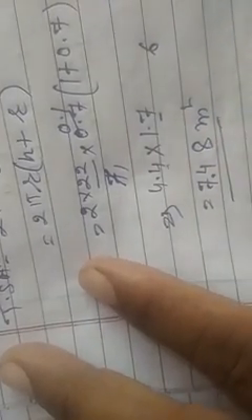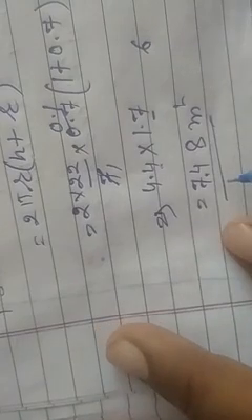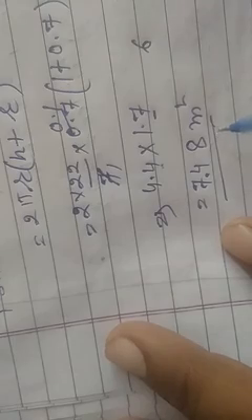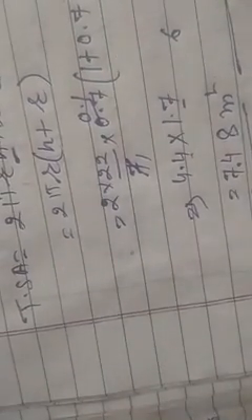So we require 7.48 meter square sheet to make a closed cylindrical tank of height 1 meter and diameter 140 centimeter. Okay. Next question is,